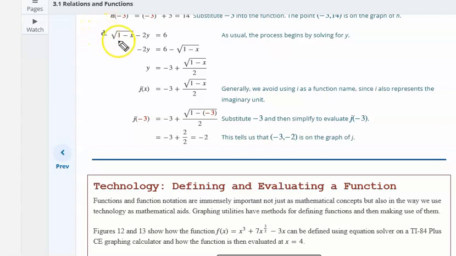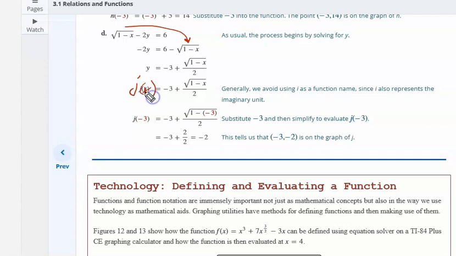In letter D, we see we have a radical sign in there, but we still want to solve for y. So we're going to take the radical, bring it over to the other side where it becomes a negative, and then we're going to divide everything by a negative 2 here. Notice how it changes the signs, and we substitute our y now, going back to, I guess they're using j